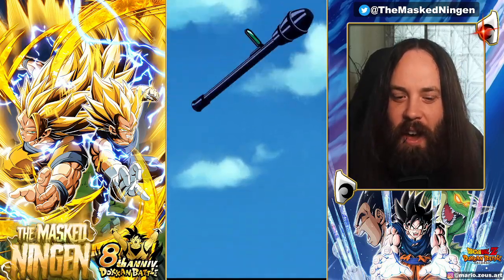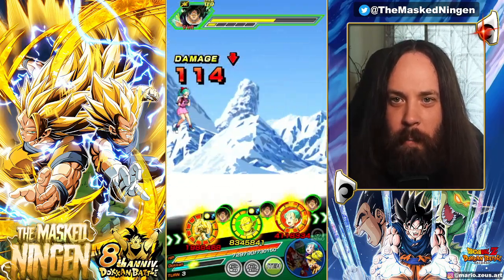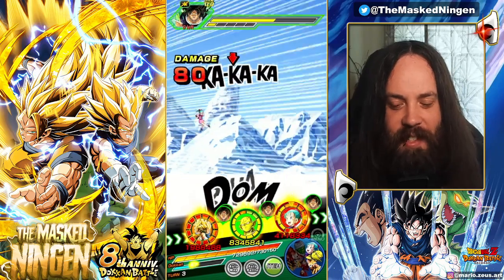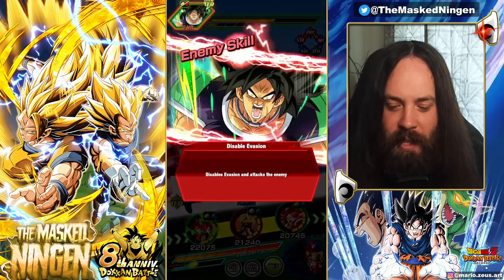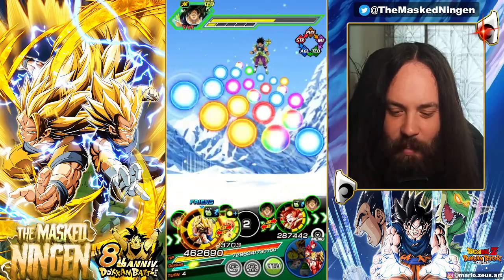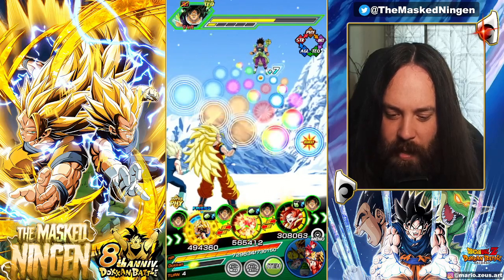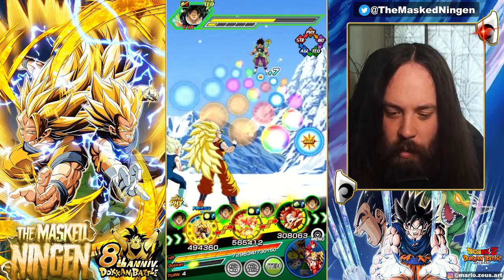Piccolo just shrugs that off like it's nothing. And then Bulma, of course she crits as well, but she doesn't kill. The only bad thing is this is leaving the other BUU duo in a pretty awkward position where they're not getting any super attacks off. And if we do this, we obviously have the potential that we're going to get supered in slot 1 here, which is kind of awkward, but